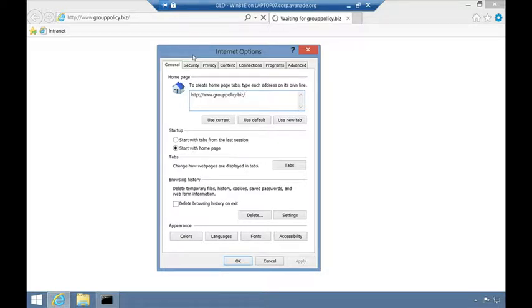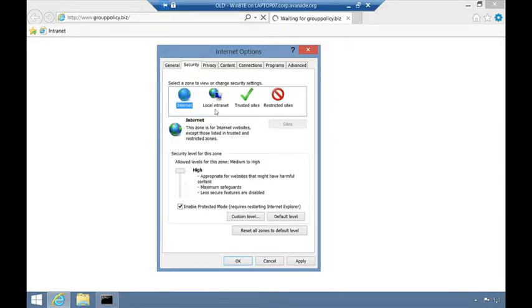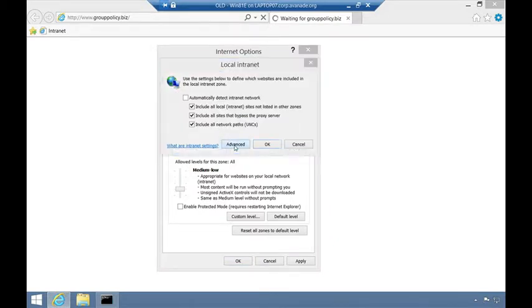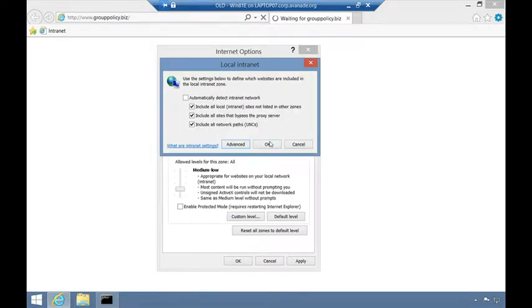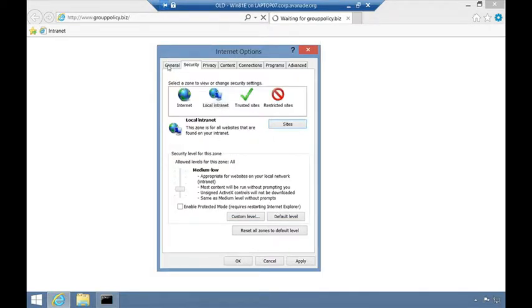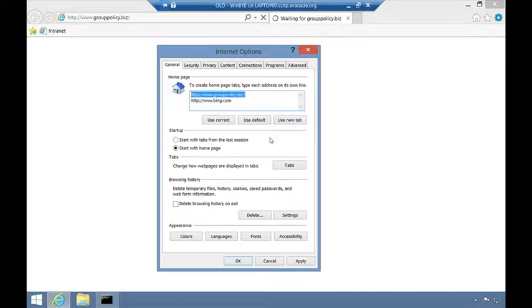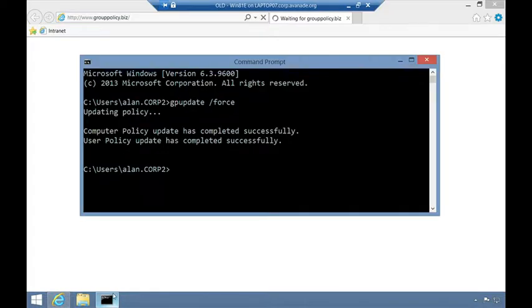So as you can see now, I've got Internet Explorer group policy preferences assigned. I can go in and set it to the most fantastic search engine in the world as my secondary homepage. I can go to local sites, modify the sites, and add other sites here. It's a good website there. I can modify, I can make changes. But if I go in and, let's say, remove a home page, I do a GP update,